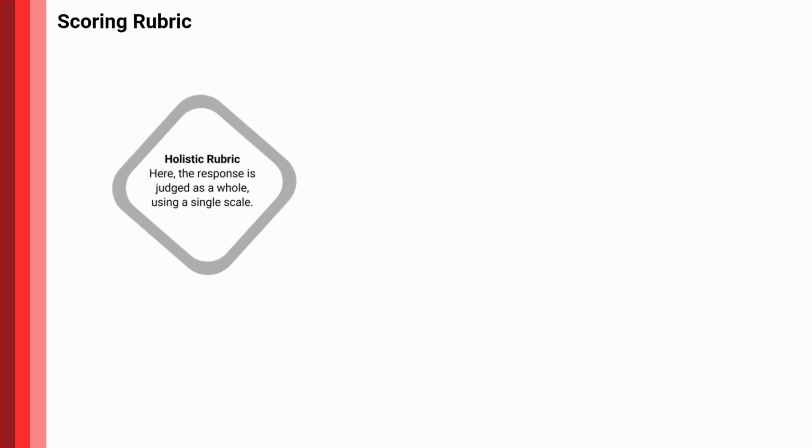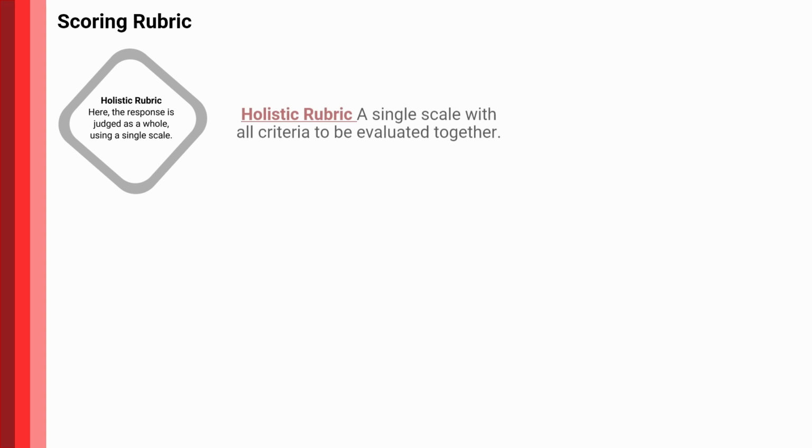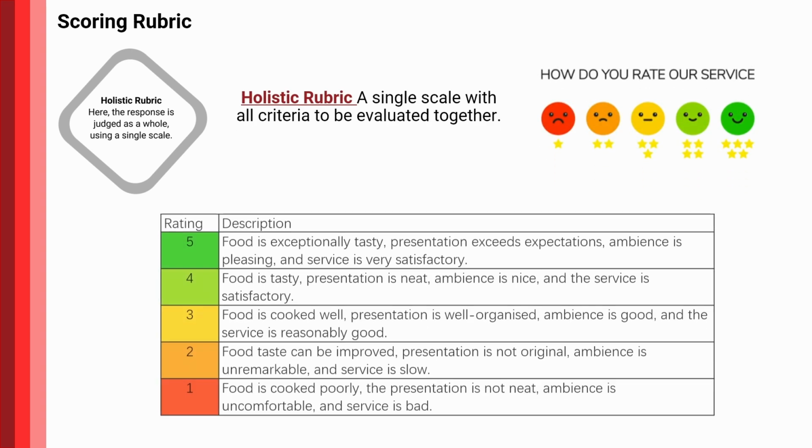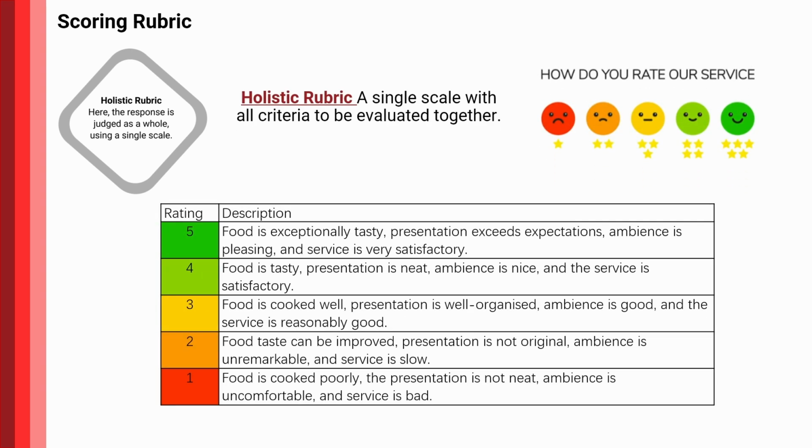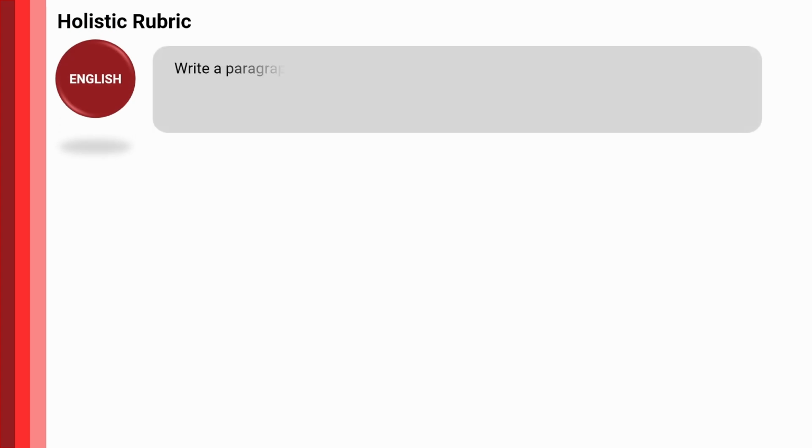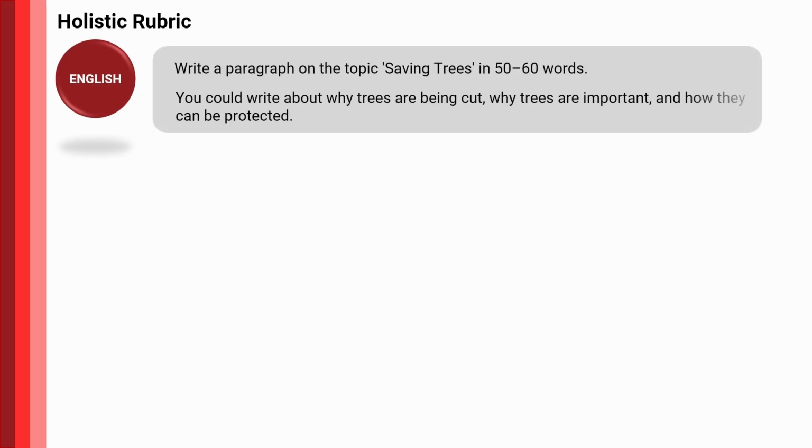Think of holistic scoring rubric like rating a restaurant. You consider taste, presentation, ambience, and service together to give one overall rating. Similarly, holistic rubric evaluates student work as a whole, considering all aspects simultaneously to assign a single score that represents overall performance. In this example, the question is for a student to write in about 50 to 60 words on